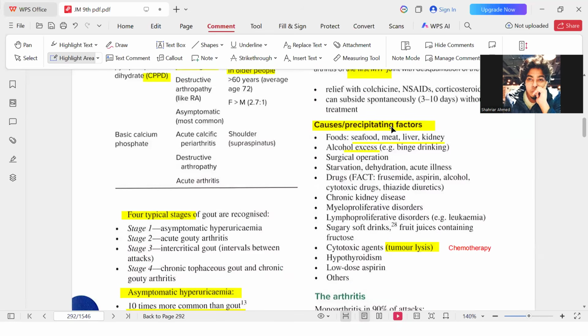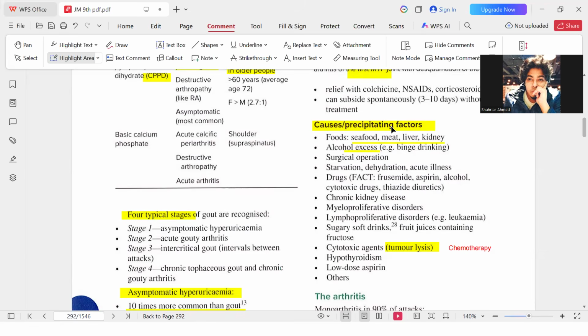So you can see predisposing factors. I'm sure all of us know there's a huge list for gout patients. Am I right, guys? You cannot eat this. Patient will ask the doctor, then what can I eat? Tell the patient you can eat almost everything, but in a limit, but few things like red meat, seafood, and certain drugs you should be very careful with. On top, if the patient has a kidney problem, they should be even more careful.